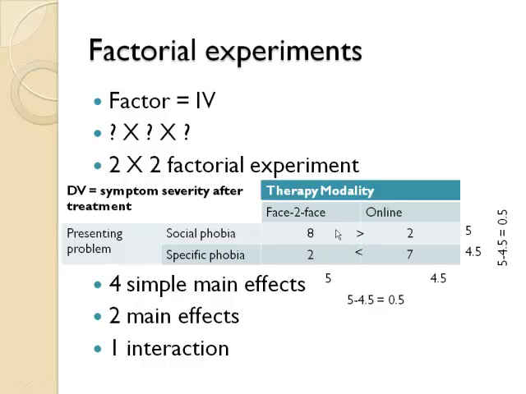And we say, there we go. Face-to-face led to a worse outcome than online for social phobia. Right? 8 was greater than 2. However, and however is telling you, oh, I've got an interaction here. However, face-to-face led to a better outcome, lower symptom severity, for specific phobia than online. Right? And that's probably the most straightforward way to interpret this interaction. You can also always interpret it vertically. In this case, it doesn't make as much sense, but you could say